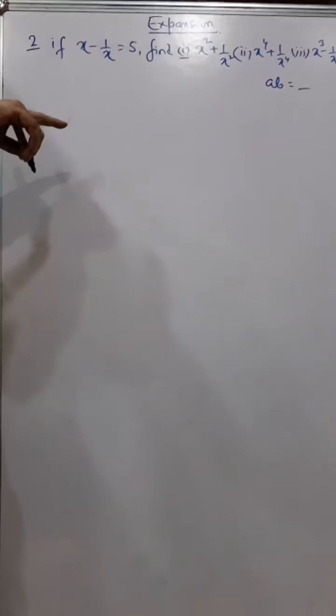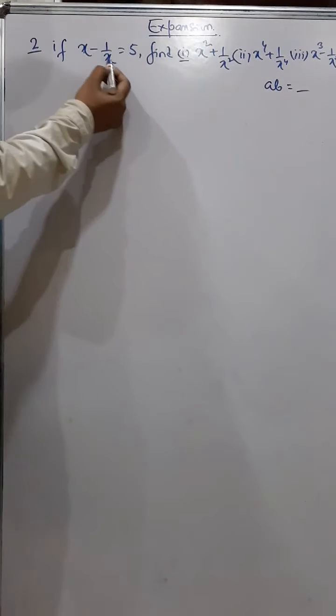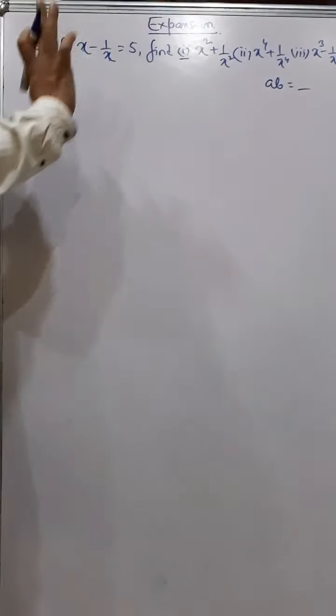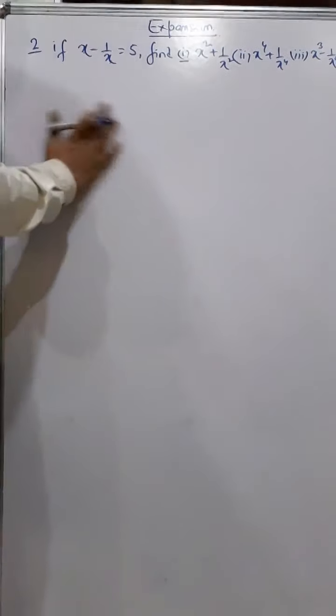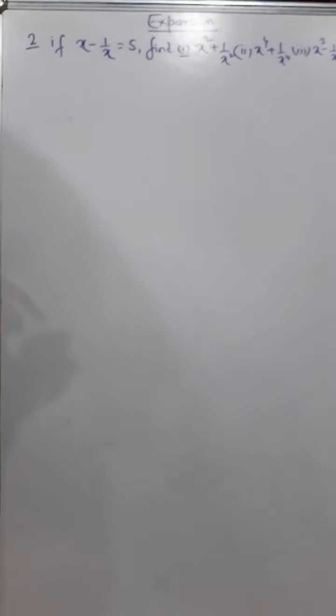In the previous sum the value of ab was given, but here, when the sums are given in the form of x and 1 by x, this is not required, because when I do ab, that means x into 1 by x, they get cancelled. So therefore only one value is given in this case. Okay, so similar sum. If you understood number 1, then number 2 you can also do.